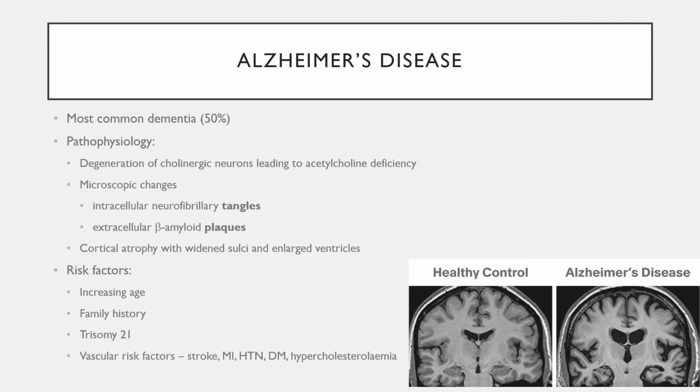So to start with Alzheimer's disease. Alzheimer's is the most common dementia, accounting for around 50% of cases. It's due to the degeneration of cholinergic neurons, which leads to an acetylcholine deficiency. Microscopically, you get plaques and tangles. So you get intracellular neurofibrillary tangles and extracellular beta amyloid plaques, which disrupt the functioning of neurons. You also get, on a more macroscopic level, cortical atrophy with widened sulci and enlarged ventricles, which you can see